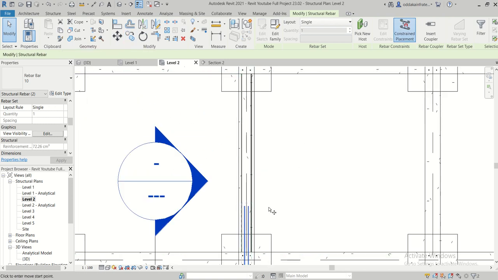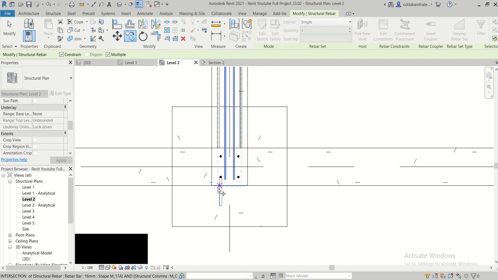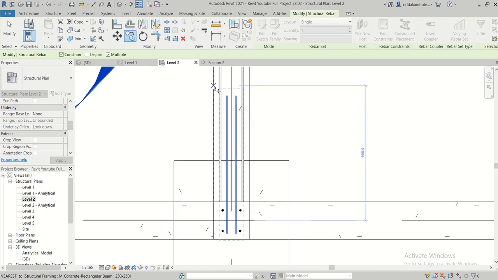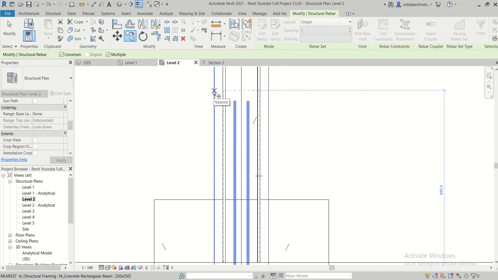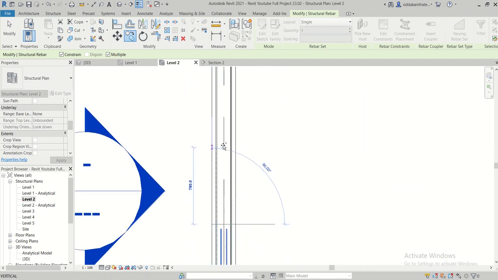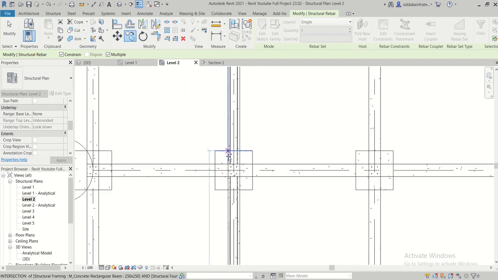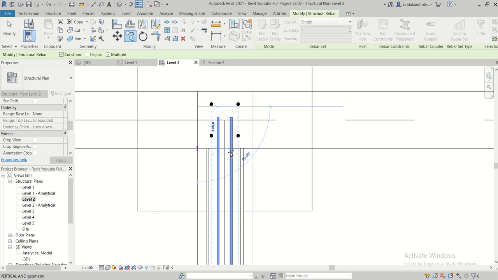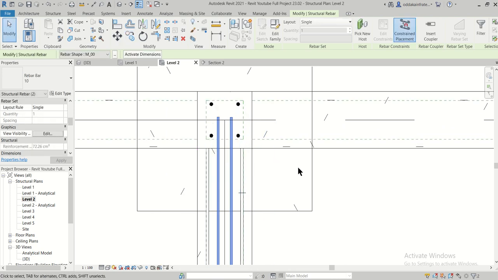So we'll copy this from, let's say, this end, or let's say we'll copy this from this end. We can move it later. So this is the end, and here, and we can move this.